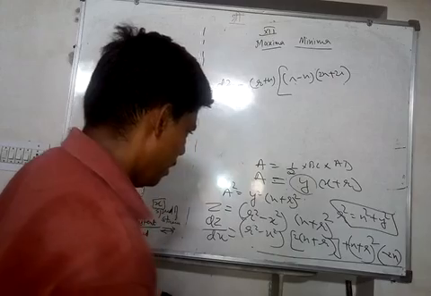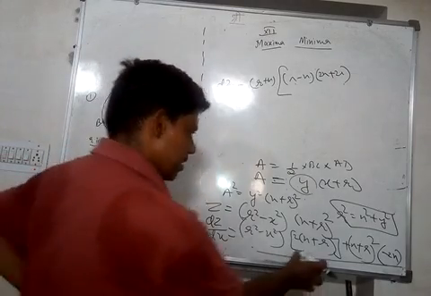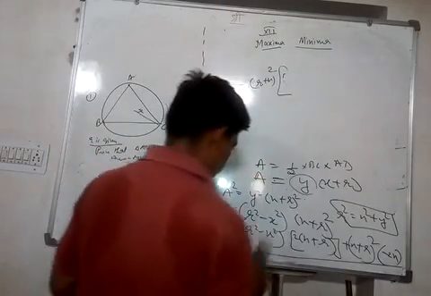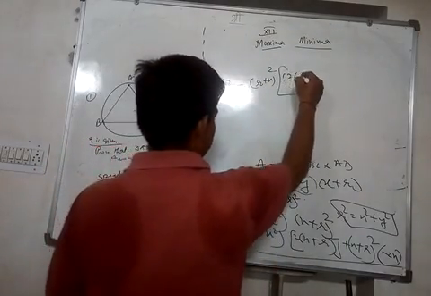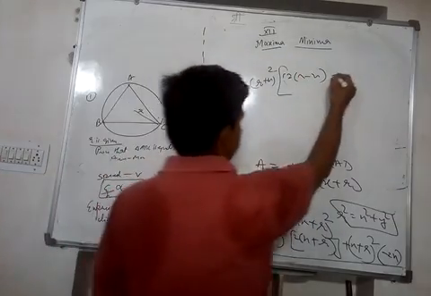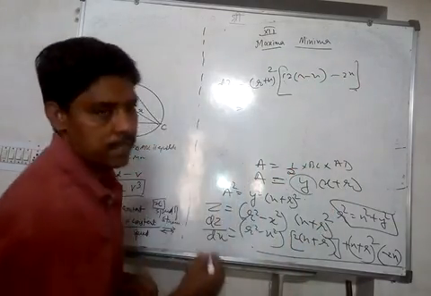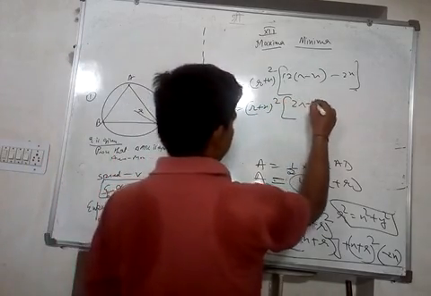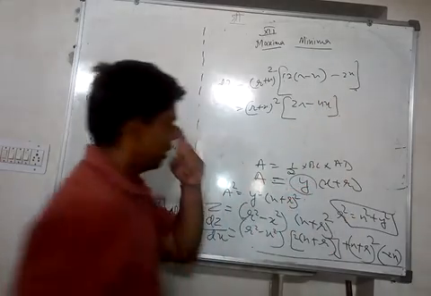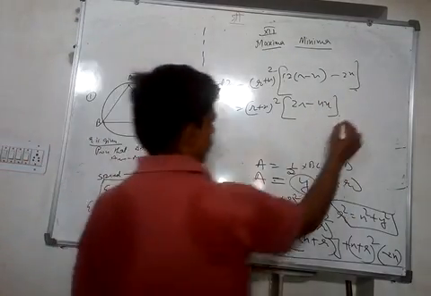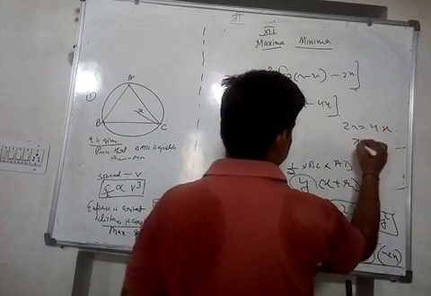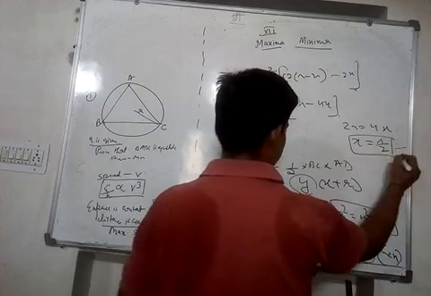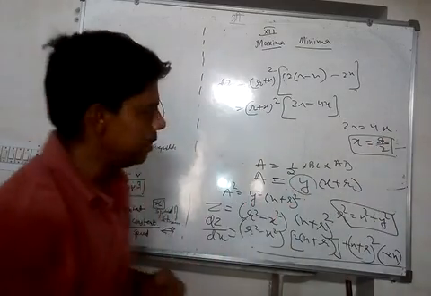Okay. And as you can see, X plus R is again common from here. So we can take X plus R common. That will make this R minus X into 2, and this one is minus 2X. So we can write this as R plus X whole square, times 2R minus 4X. Right? So when you put it equal to 0, you get 2R is equal to 4X, or X is equal to 2R by 4, that is R by 2. Right? X is equal to R by 2.